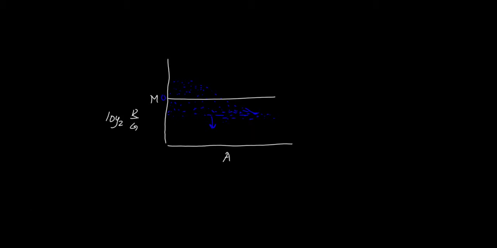So if you fit a regression line here now, not the linear regression, let's say the non-linear regression, Loess kind of regression, you will find that the regression line is like this, which is representing the trend over here. This is clearly telling that this is the result of the dye bias because of the green dye, which is efficiently labeling the DNA as compared to the red dye. Red dye was bad here, right?